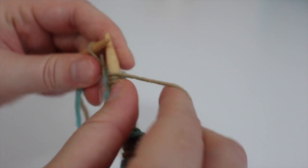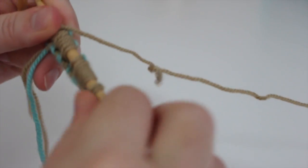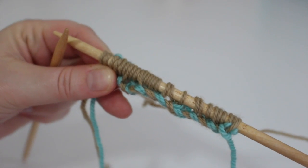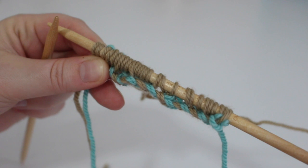There we go. So now we would work the setup round 2, working those stitches back into the setup, and continue on. Come on back in just a few